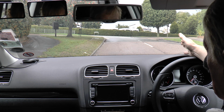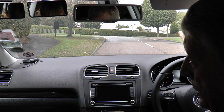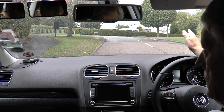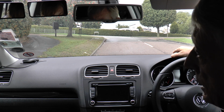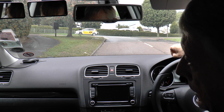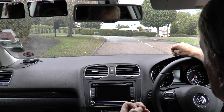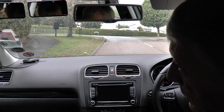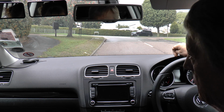And even with the handbrake, I notice a lot of PDIs who've had training, the handbrake never gets mentioned, but it is something that pupils do naturally do. They just press the button in and they let go of it before the handbrake's down, and examiners do use that. It's just a matter of you watching what they're doing, because each command you give them, you should be watching them and not give them the next command until they carry that one out. So if you see the handbrake hasn't gone down fully,